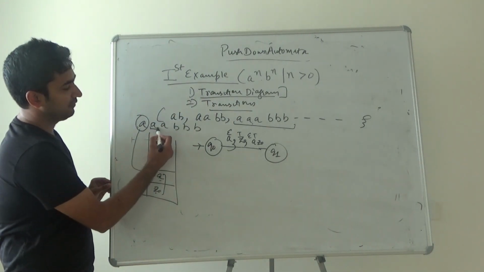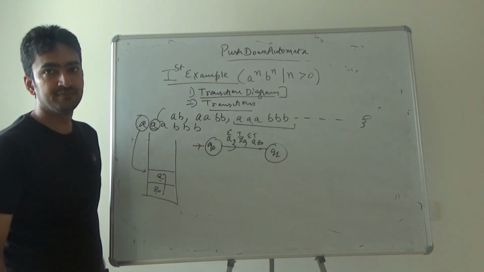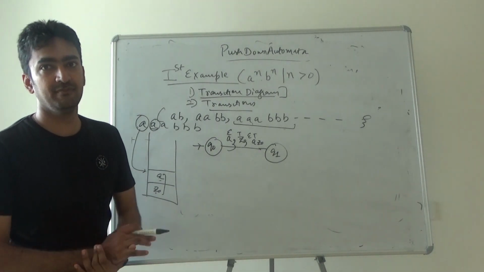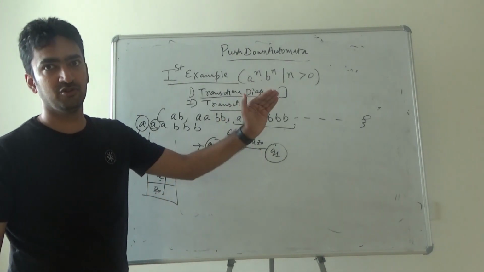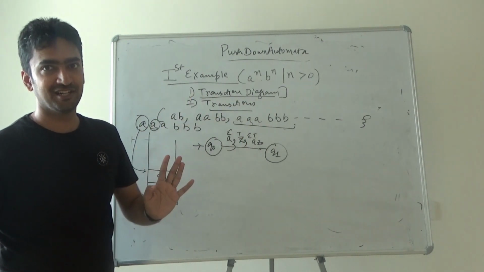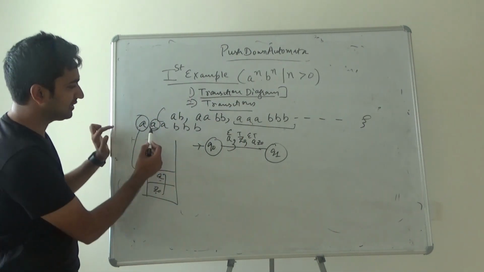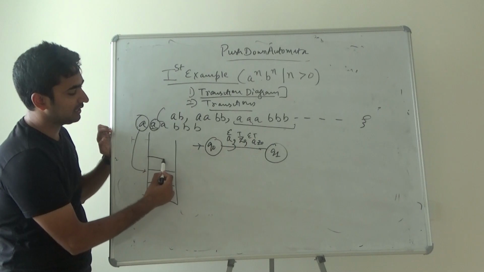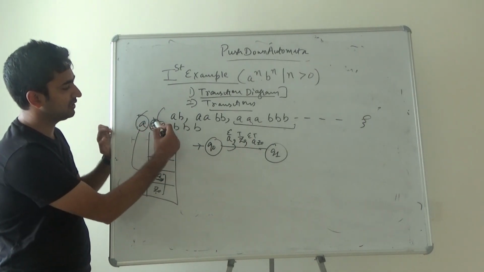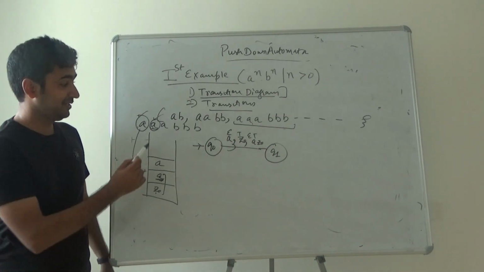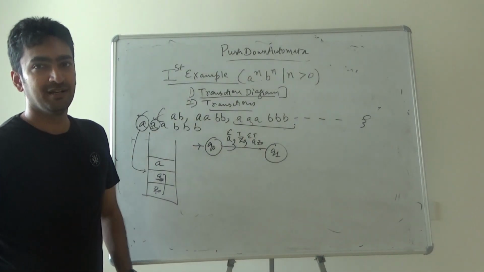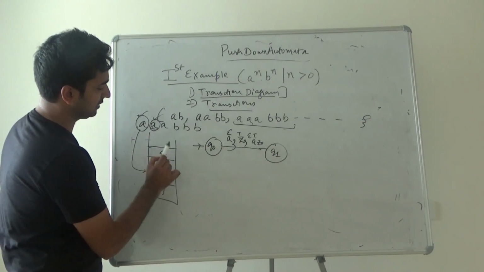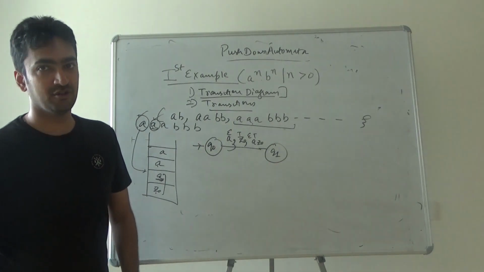Guys, just see, we have another A with us. So what happens to that A? Initially you have written Z0, then A and AZ0. But what about other A's? Again, this A will come, it checks the top of the stack now is A, and it will get inserted. This is processed, right? The third one. Again another A comes, it checks the top of the stack is this A, it will get inserted into the stack, the answer is element and top.